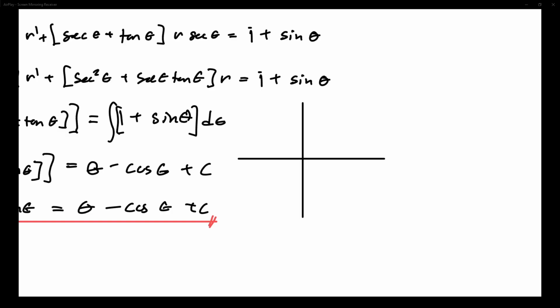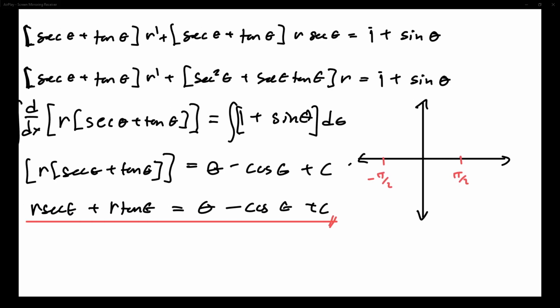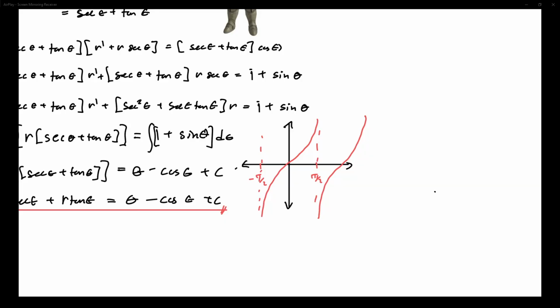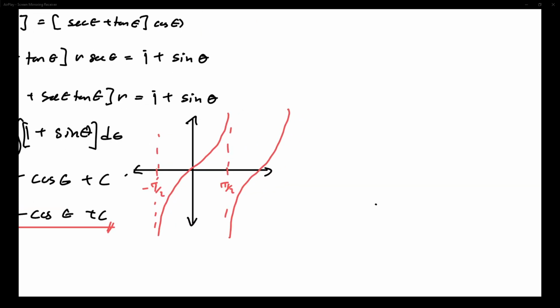Tangent has a discontinuity at pi over 2; maybe you've seen this before, it goes up to the next period. So that's tangent. Secant, on the other hand, looks something like